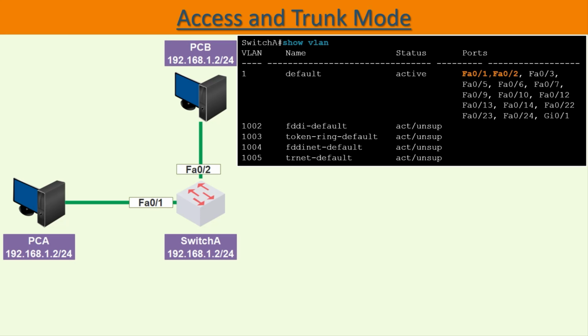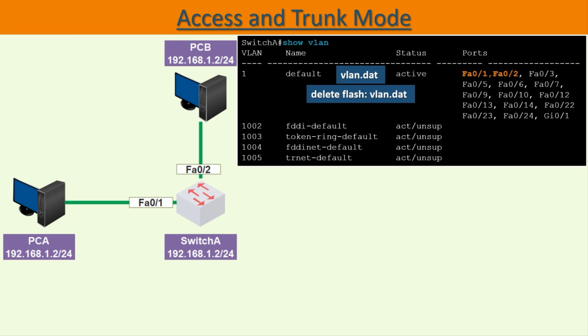The information you see here is not stored in the running-config file, nor in the startup-config, but in a file called vlan.dat, which is located in the flash memory of the switch. If you want to delete VLAN data, you will need to run the delete flash:vlan.dat command. Both PCs are part of the same subnetwork and are able to communicate correctly with the switch's default